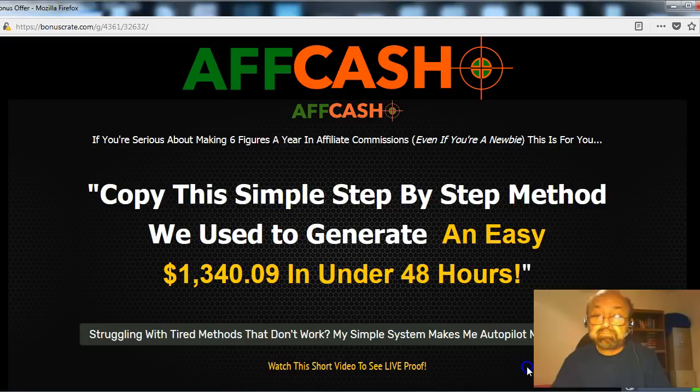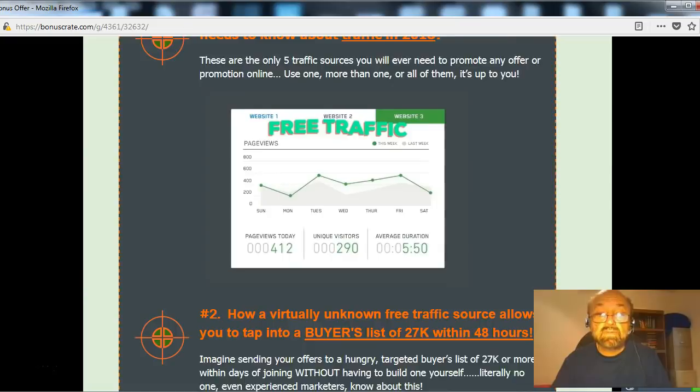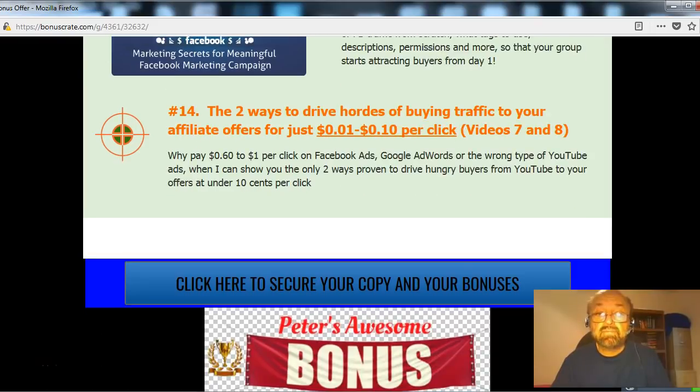So, let me take you into my bonus page, which you'll find just below. If at any point during this you decide you're interested, just click on any of the blue bars that you see there, and it'll take you right to the sales page, and you can learn more about the product from them too. There's also a video just below this that you can watch. I think Ivana is the one talking there and narrating it, and she'll explain a little bit more about what they're offering. So you'll have some more details along this page too, if you want to read that at your leisure.